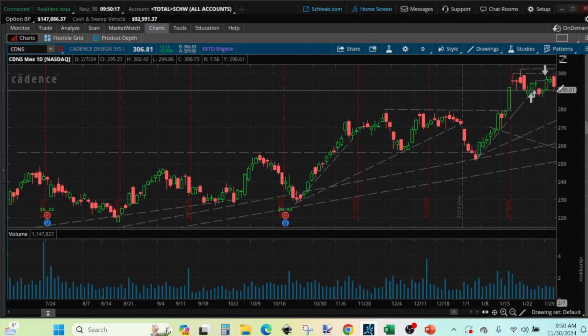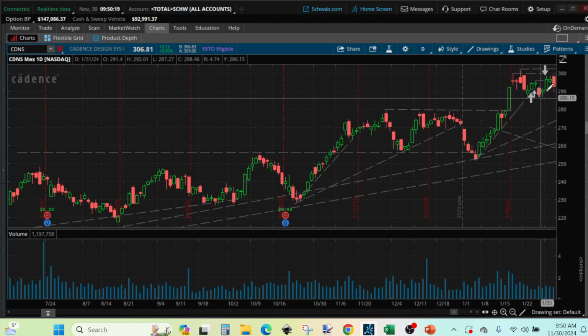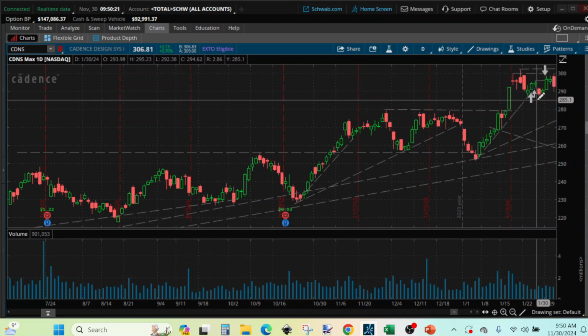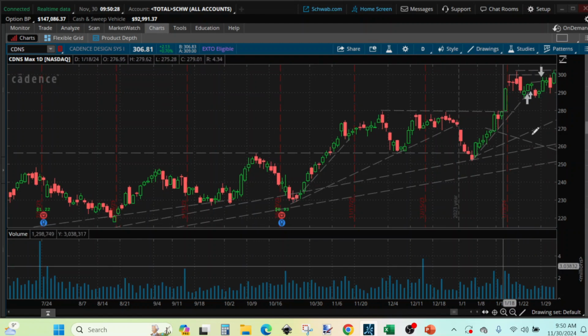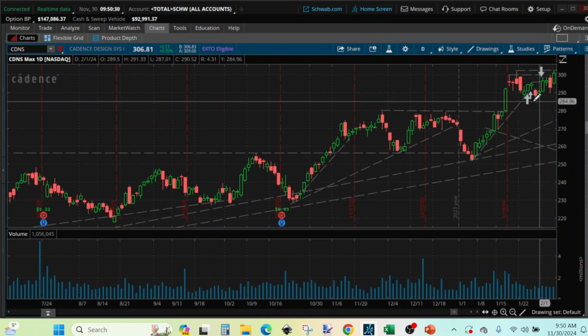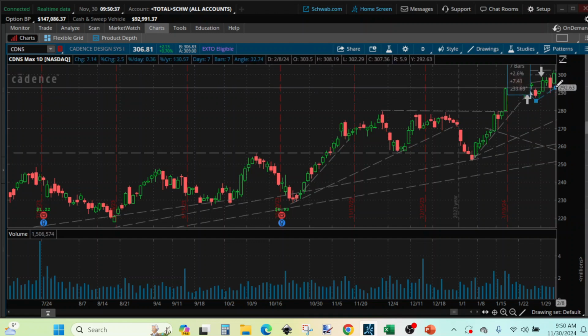So we have a pullback here. We have one here, one here. Good enough to trace if we see the green bar. So we are going to continue. We saw a green bar here. We can buy there, and you can trace a short trend line,